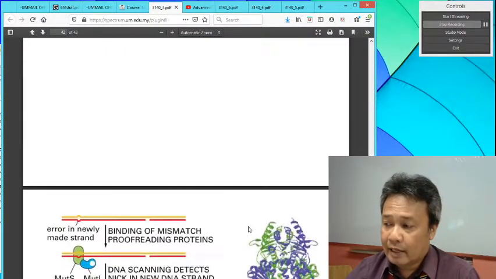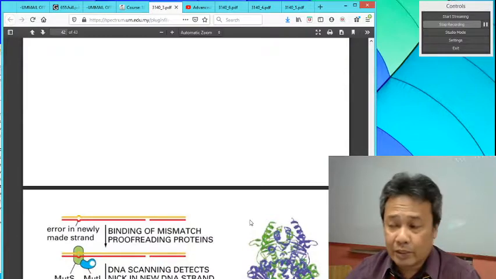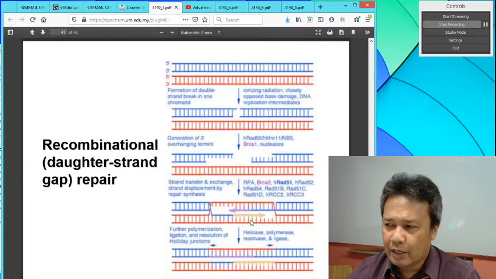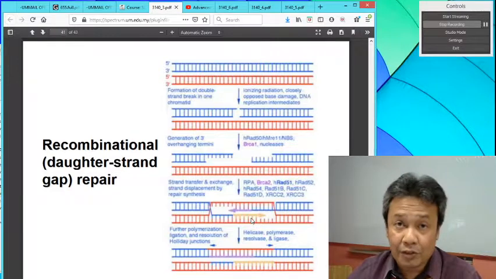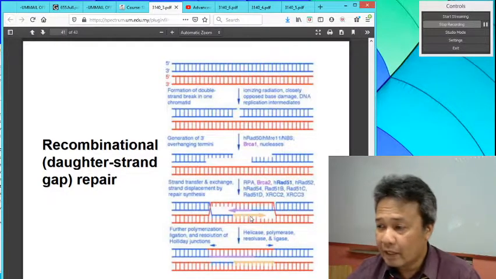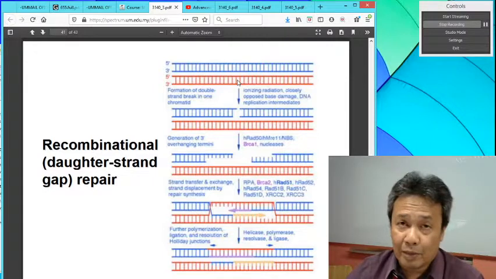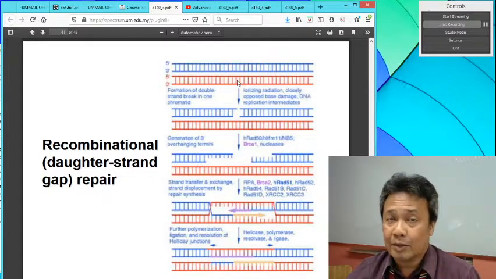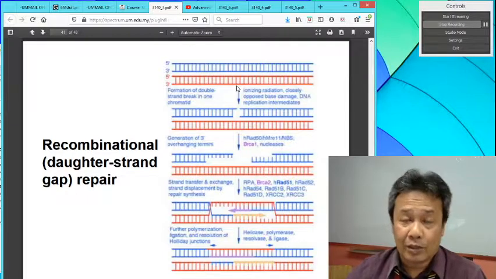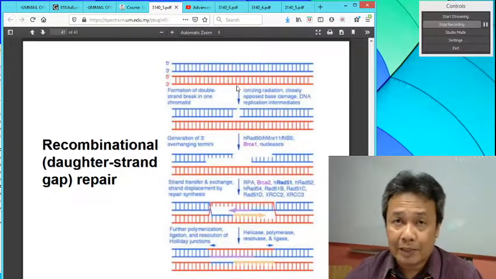However, later on in this course, you will see that this may also be the cause for gene conversion. Okay, the loss of heterozygous sequences. The homologous chromosome may not have the same sequences, but because it's being repaired, then you lose the heterozygosity based on the template that is used